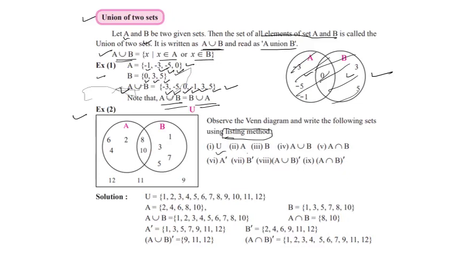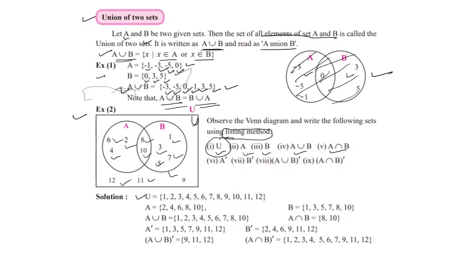See, these are the sets: U, A, B, A union B, A intersection B. Now, U means what? Universal set. We have learned U is the universal set. The rectangle represents U, and all elements inside this rectangle are elements of U. Therefore, starting from 1, 2, 3, 4, 5, 6, 7, 8, 9, 10, 11, 12, all these are inside U. Similarly, you can write the elements of A and B.